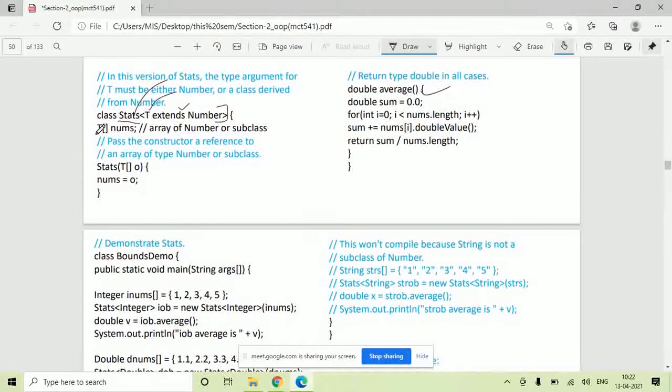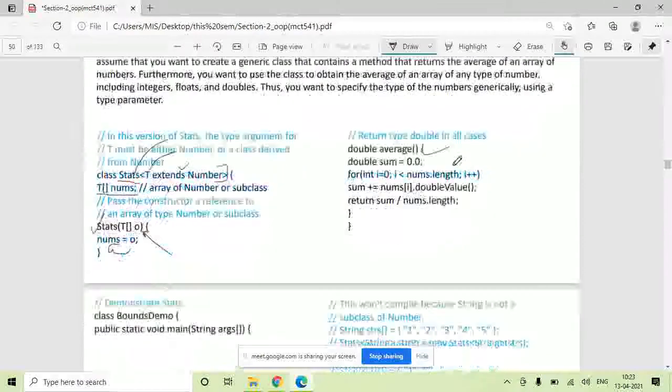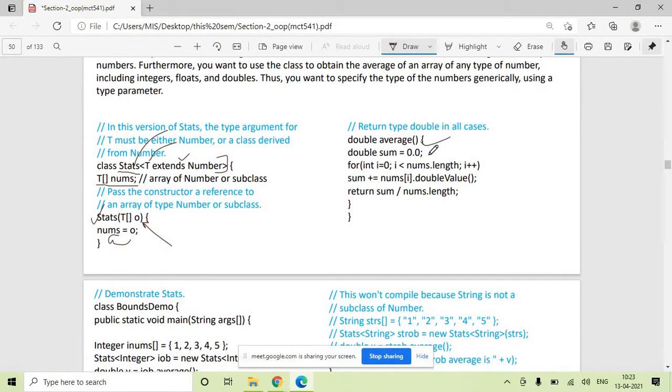So here we have created an array of type T, nums. Here we have a constructor which takes a parameter of type T array and it initializes this array. And here you have written one average function. One temporary variable, there is one loop. What this loop does is i equal to 0, i less than nums.length. So whatever is the length of this array, say the length of the array is 5, this loop will run for 5 times.